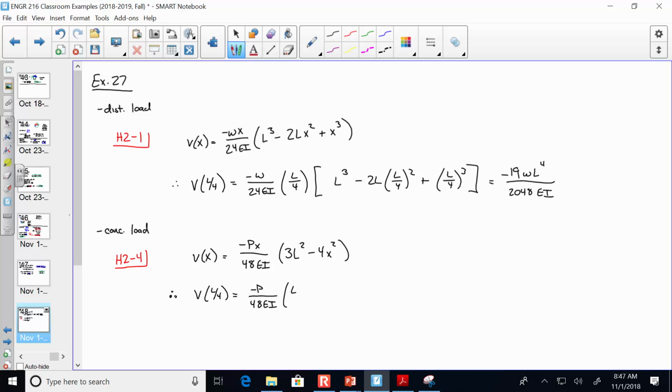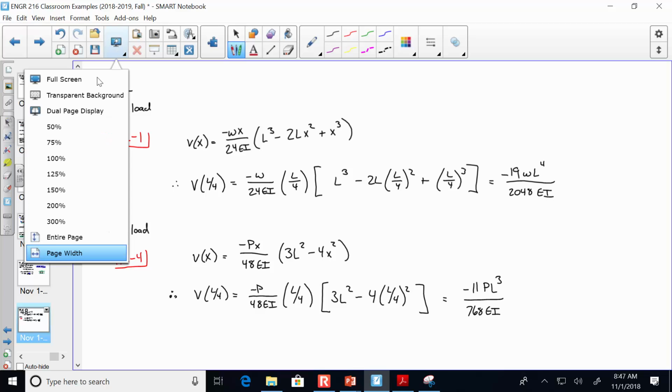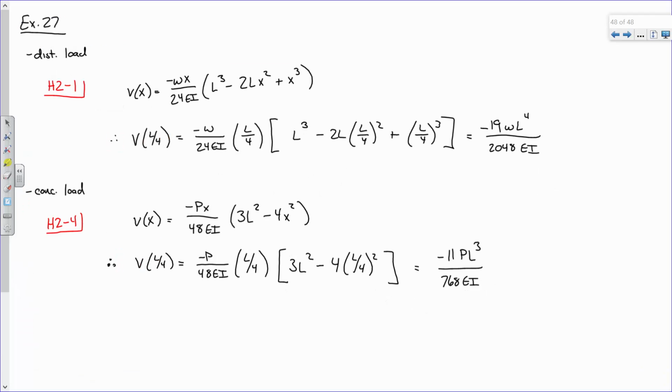Then we have L over 4, 3L squared minus 4 times L over 4 squared. And when you chug that out, what you will end up getting is minus 11 PL cubed over 768. And again, you have calculators, you can compute those fractions and do that pretty easily. So therefore,